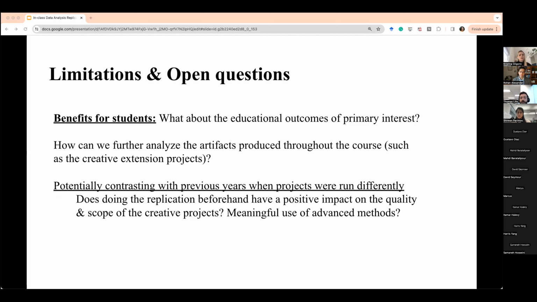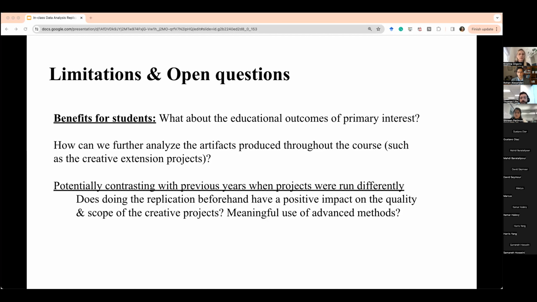And yeah, I mentioned this also already, but what about true educational outcomes that we really care about? The skills, and then later what happens in your education or in a job if it involves data analysis. And I think this is something that we are still currently working on. So we're trying to further analyze the artifacts produced throughout the course, such as the creative extension project that I talked about. And then we're thinking about potentially contrasting the year when we did the replication study with the previous and the following year when projects were run